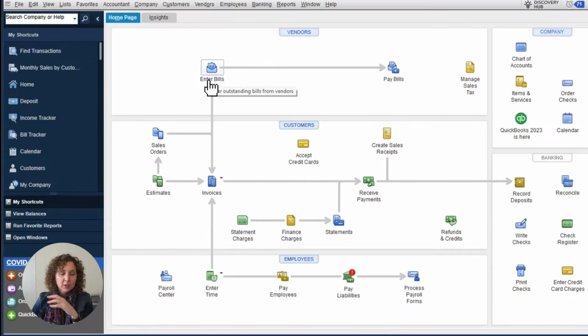Okay, it's not something I recommend, so I'm not really going to give a video. If you need a video on that, let me know below. I'll add it for you, but just know that it comes with a word of caution that using enter bills typically causes a problem. So the better way to do it is actually to go into either your check register